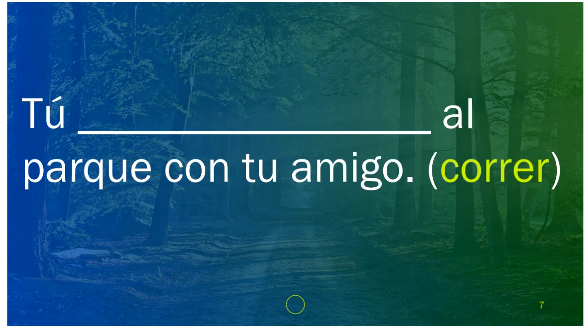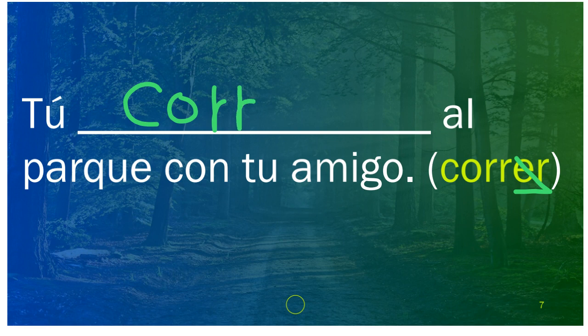Okay, so here's another example. Tu blank al parque con tu amigo. And we want to use correr, which is to run, in our blank. So we're wanting to say, you run to the park with your friend. We're going to do the first step, which is take the ER off of our verb. We end up with just the stem,